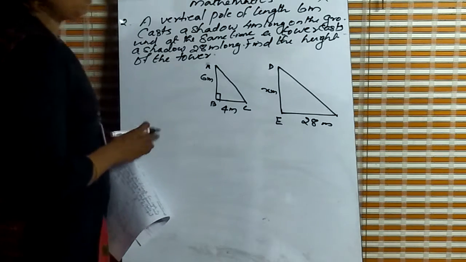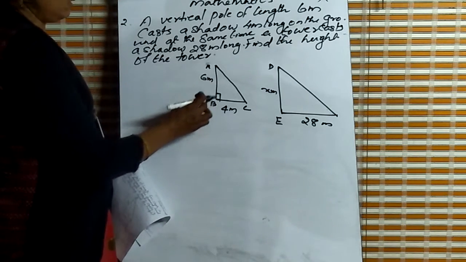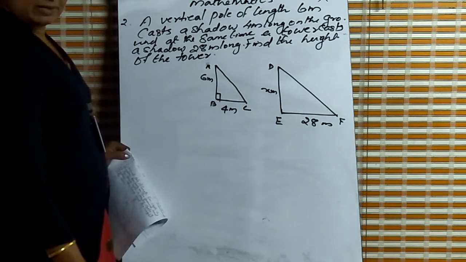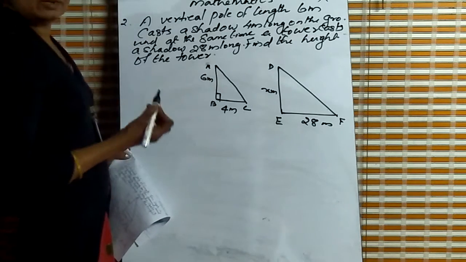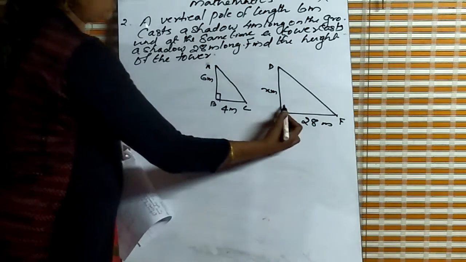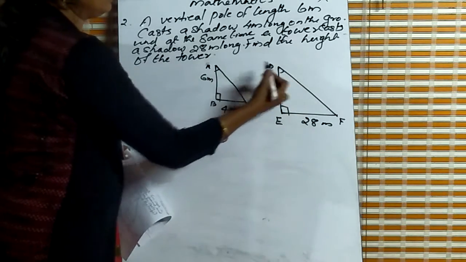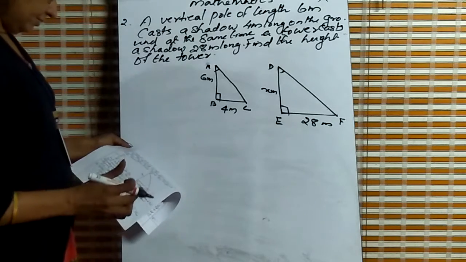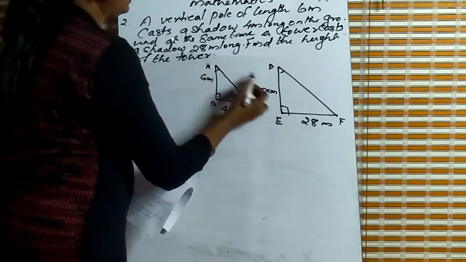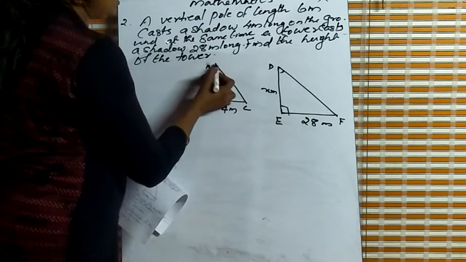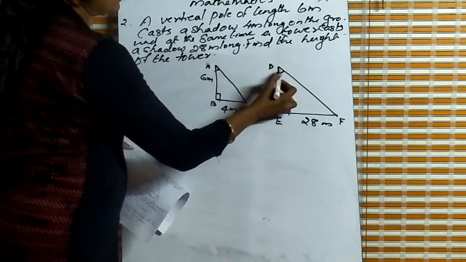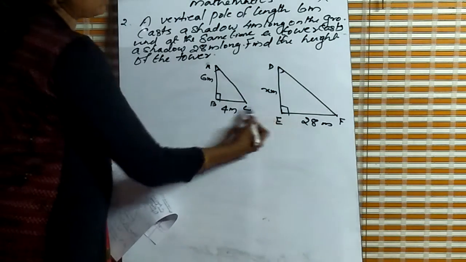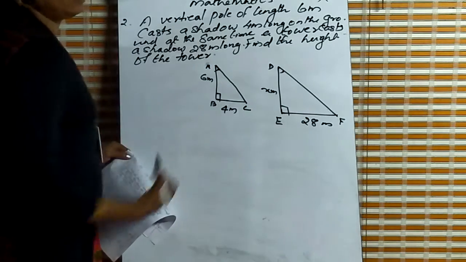DE is the question. For calculating DE, first we should prove that ABC and DEF are two similar triangles and its corresponding angles are equal. It's given these two angles are equal, and angle A and D are also equal because these A and D are the angular elevation of the sun at the same time. Here this is the ray. So these two are equal. These two are given 90, vertical pole, so this angle is 90.